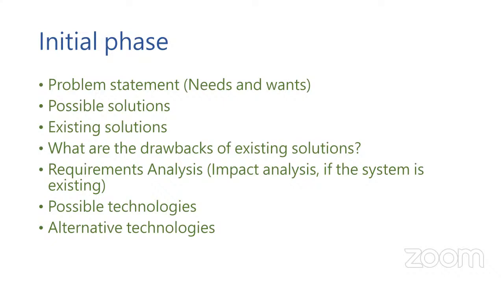So in the initial phase, when you are trying to start a new project, what are the things we have to start with? The first thing is the problem statement. What are my needs and what are my wants? For example, I am behaving like a customer myself because I don't have a client. That's what I'm developing. So I have to define what are my needs and what are my wants, because some of the things which I don't really need, I still want to incorporate in my application or software or product. So we have to define what is really required and what is really good to have.